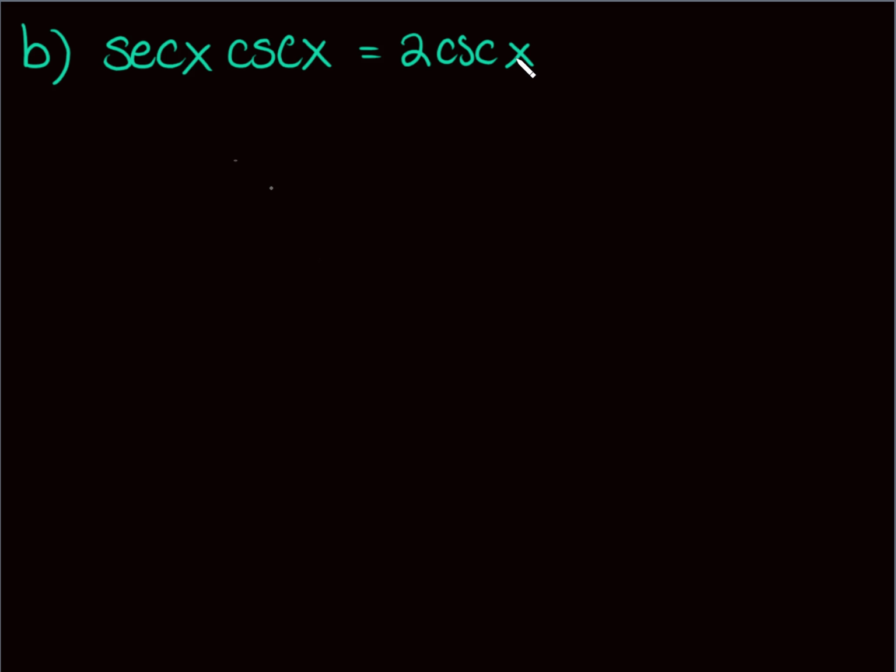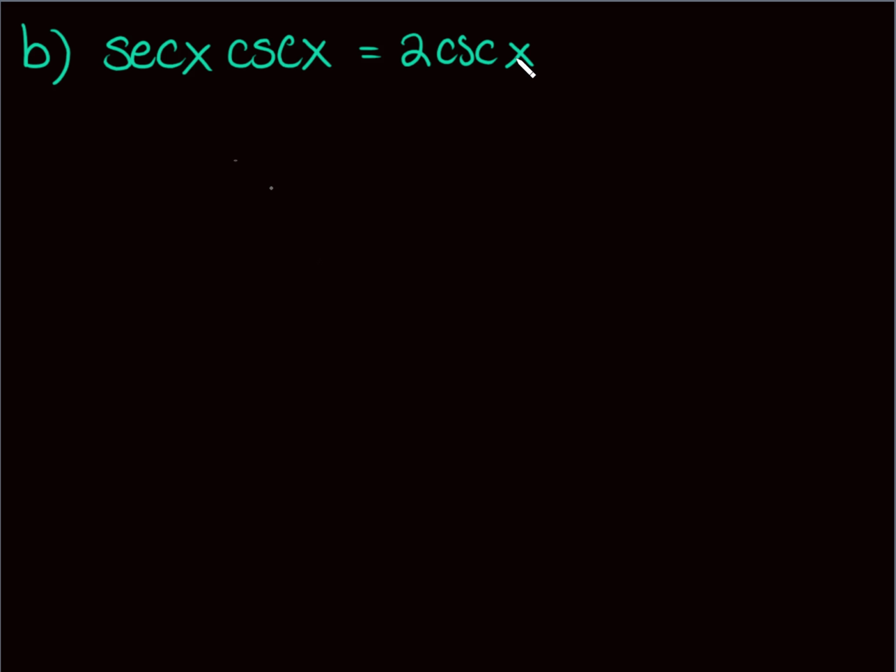Okay, here's one thing that I know you want to do that you can't. Well, actually, you probably could with cosecant. That would be okay. But I just want to stress that we need to be really careful. I'm not going to divide both sides by cosecant. Now cosecant's special, so not special, but cosecant's never 0. So I actually could divide both sides by cosecant and be okay, but I don't want you to get in